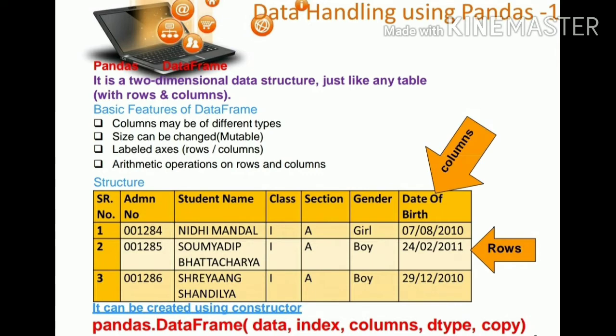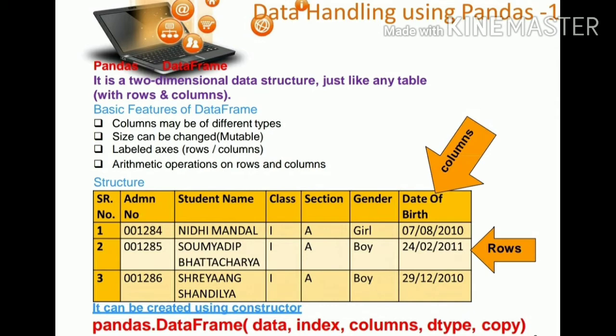If you want to create a data frame, you have to write pandas.DataFrame. It is a constructor, because DataFrame is the name of the topic, and we are also using DataFrame as a function. So DataFrame is the name of the constructor which we use to create a data frame. Pandas is the name of the variable which you are importing, and after that you can give data, index and different values which they are asking for in the columns. So a data frame is a combination of rows and columns just like a table, and you can create it by using the constructor, and the name of the function is DataFrame only.